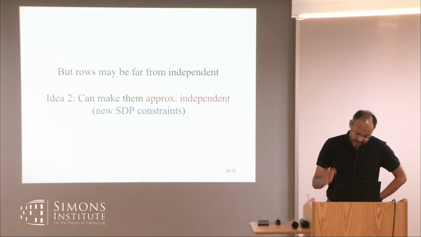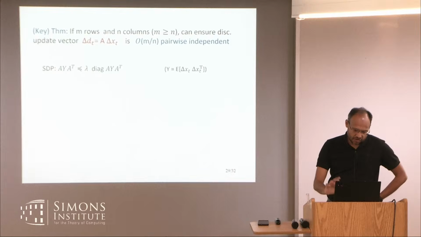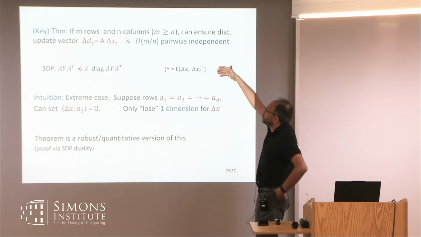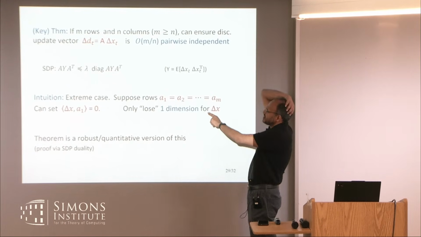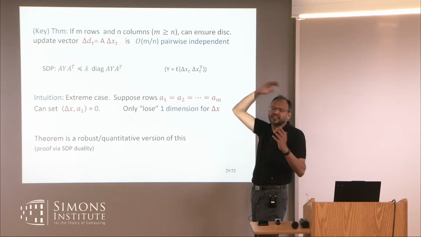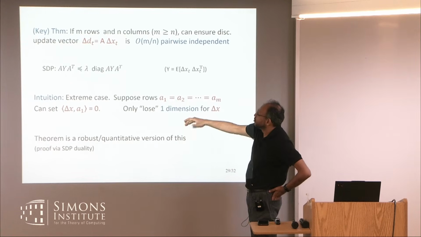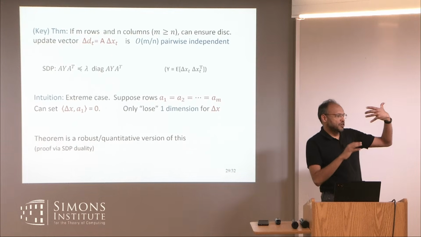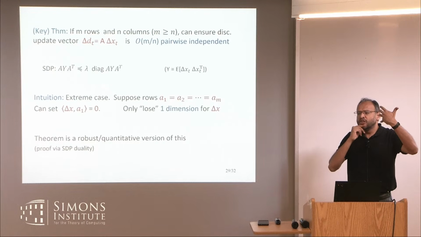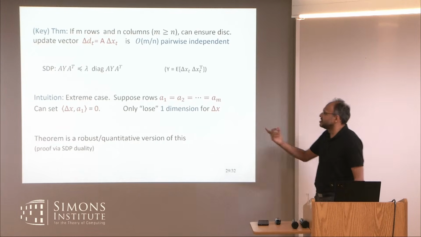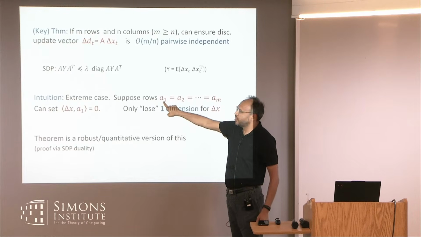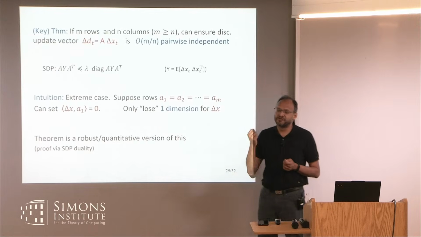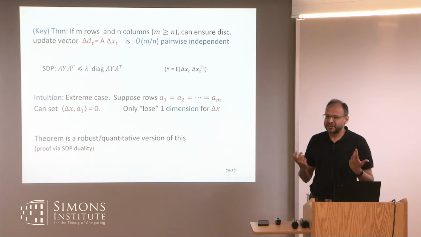But it may not be independent at all. But turns out, and let me give you one more instructive example, as I said, we can still ensure that things evolve independently. So let's look at that extreme example and see how you kill that, and the rest is just quantifying it. Let's look at this extreme case where all my m rows were identical. This is as far from independent as you can get. But if you're really in this case, this is easy to handle, because I just pick my delta x to be orthogonal to A1. So I just lose one linear constraint, and I get to walk orthogonal to them all. So one blocks all.